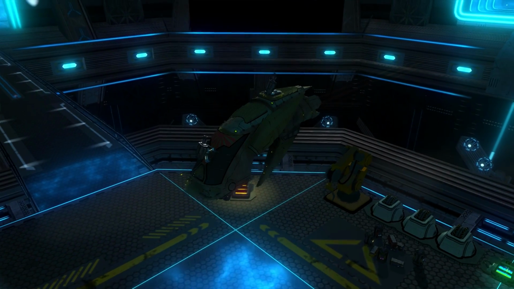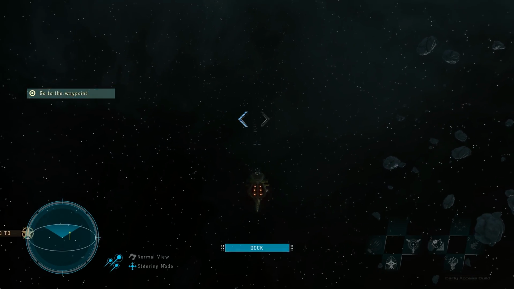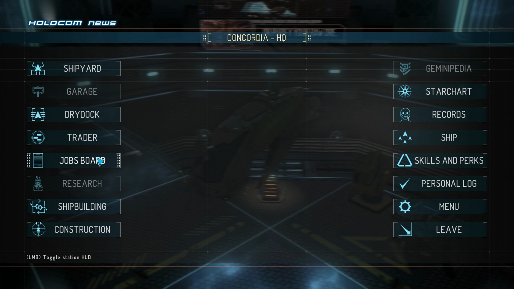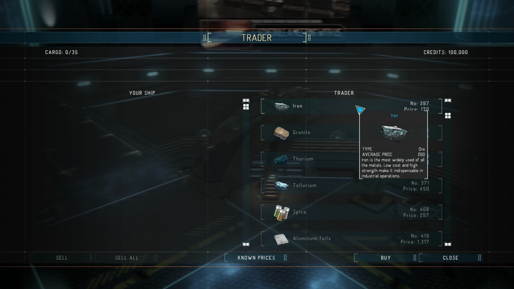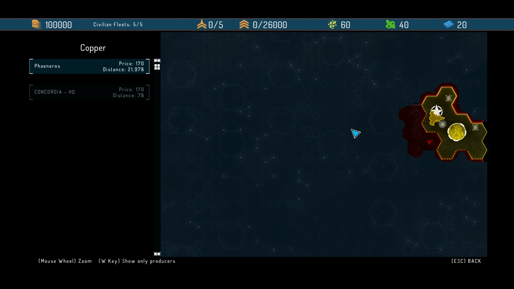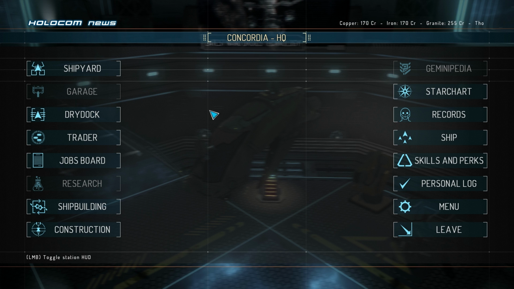So, just like in many other space games, there are missions you can accept by going into the job board. Let's actually just do this for fun. I'll show you how the battles work. This is a search and destroy mission. You also have a trader in here where you can sell high and buy low. Everything you collect can be sold to this trader, or you can just turn into a trader yourself by buying resources low here and selling them high somewhere else. There are known prices here that show you, once you actually discover more planets, you can turn this completely into a trading simulation. The other common elements here are, of course, shipyards,